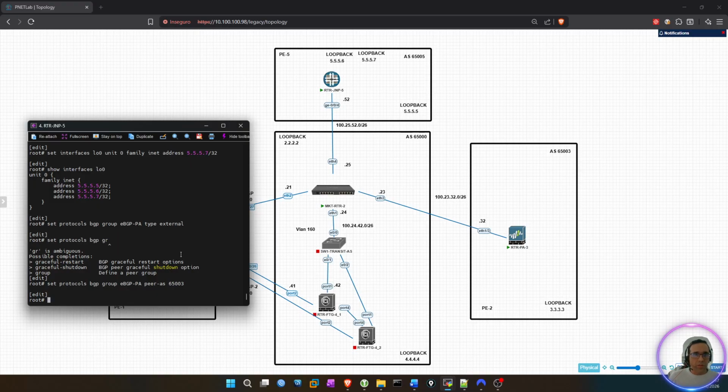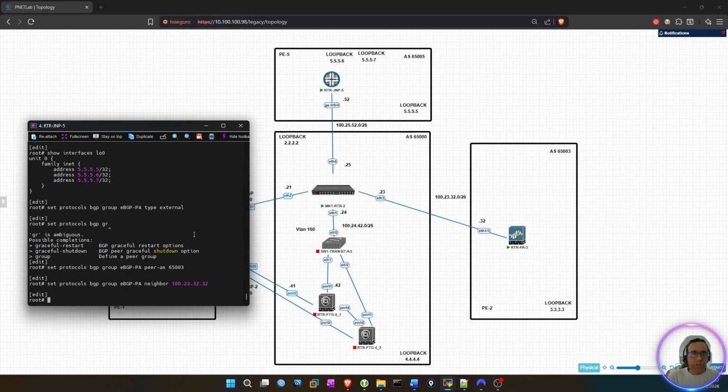Now we need to set up the neighbor, the IP of the neighbor, and for that we are going to use set protocols BGP group eBGP-PA neighbor, and our neighbor will have the IP 123.32.32. Okay, and now we will have to